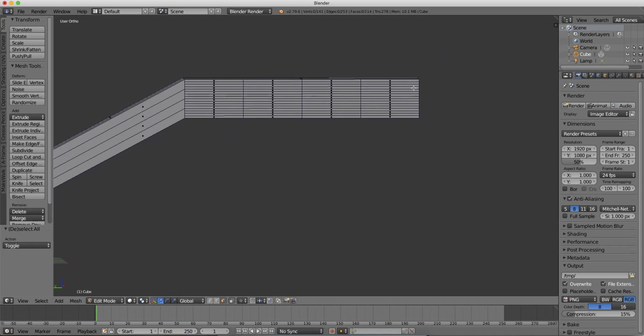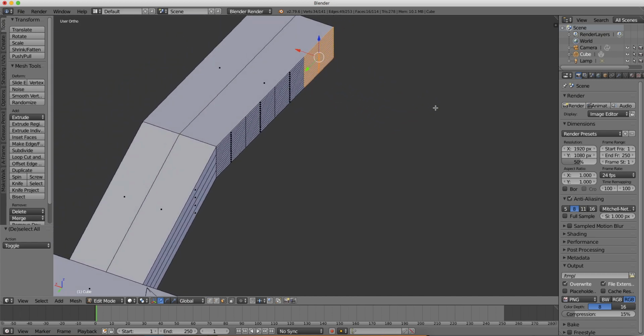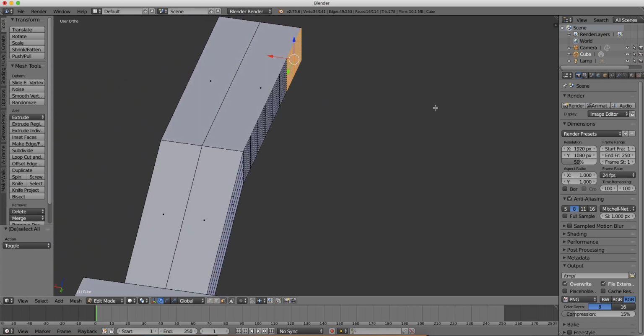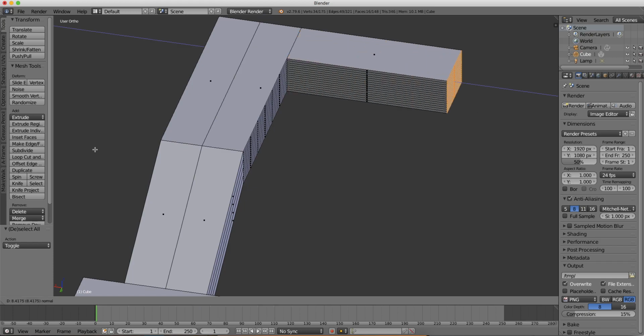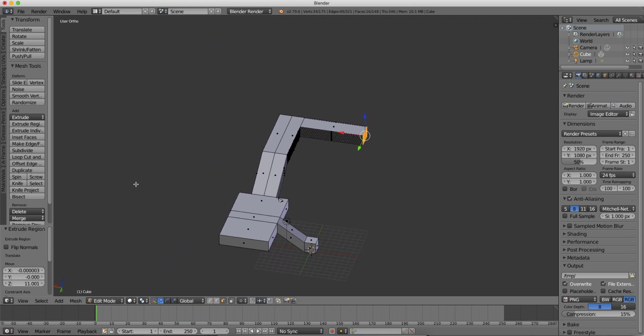And let's just box select these faces over here. It's B, box select these. And now we got these. Make sure that's all we got. And then we're going to extrude out a hallway over to that direction. We're going to go E, extrude that out. Maybe that's good. And zoom out a little bit. And then we'll go E again to extrude out,